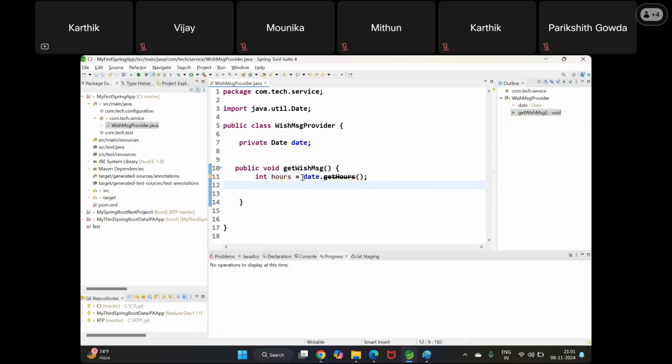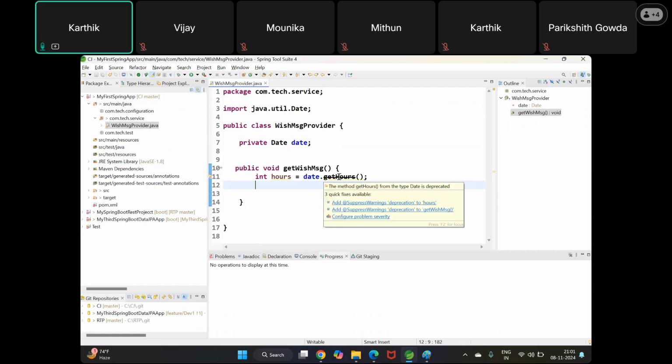int hours is equal to date dot getHours. The getHours method is deprecated, that's why you are getting a cross mark. Even though it is deprecated, you can use it, no problem. They are just informing us that it is deprecated. Now, what I want to do is if hours